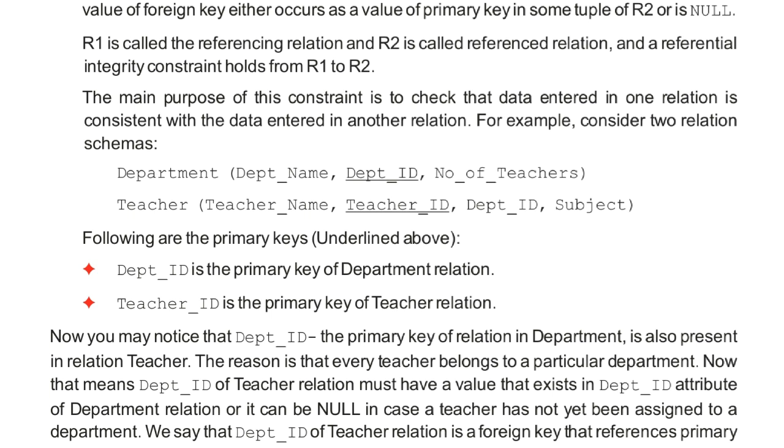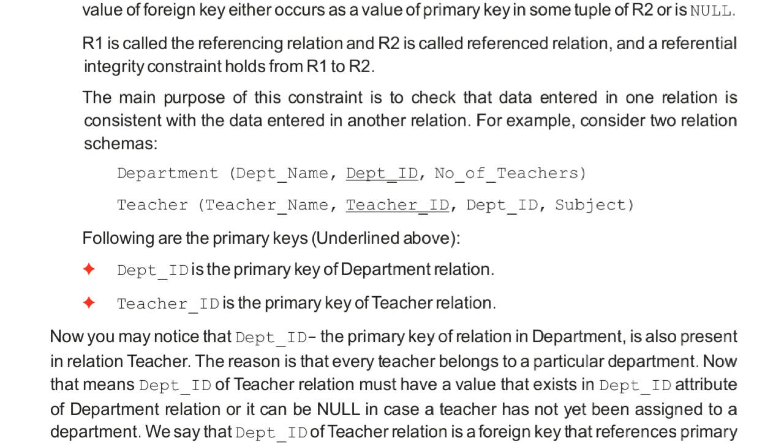In both relations you can see that the department ID attribute is the same. So what does it mean? It means that the teacher relation is referencing the department relation.